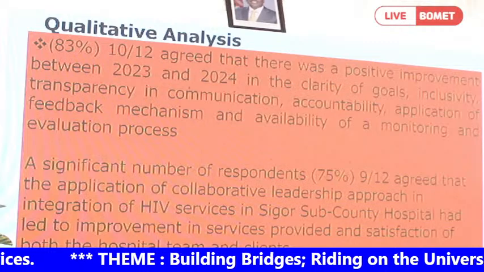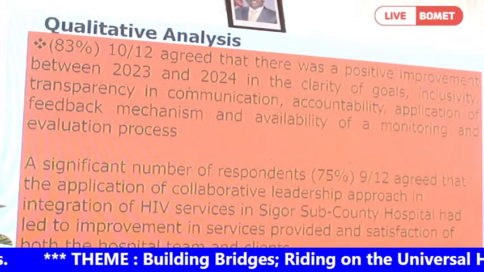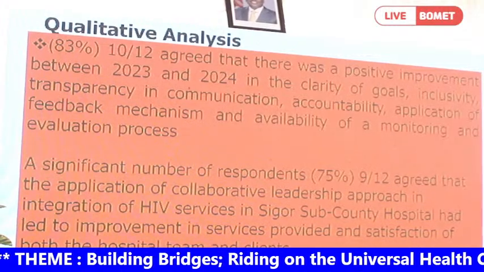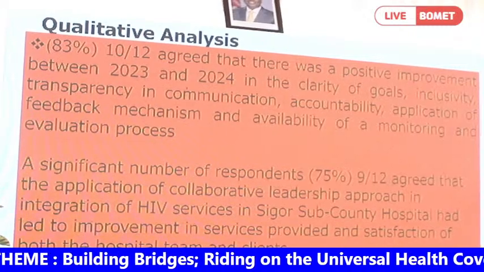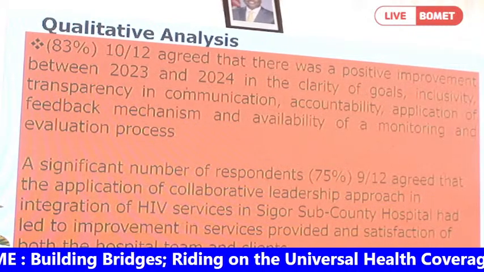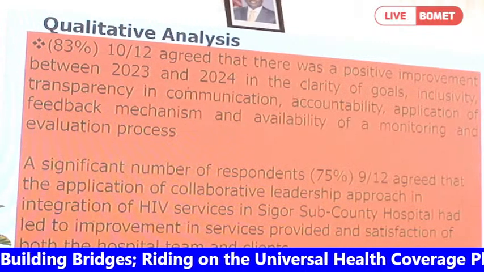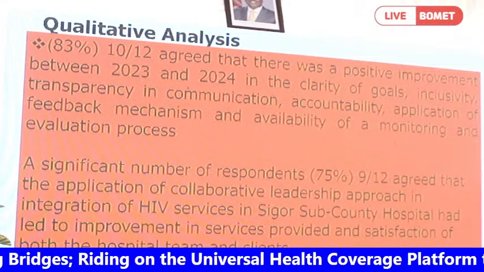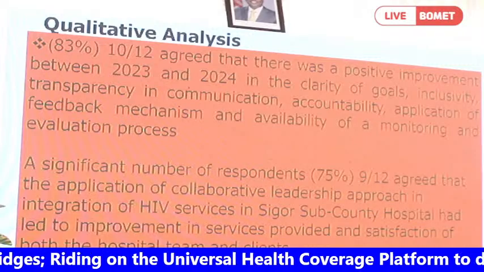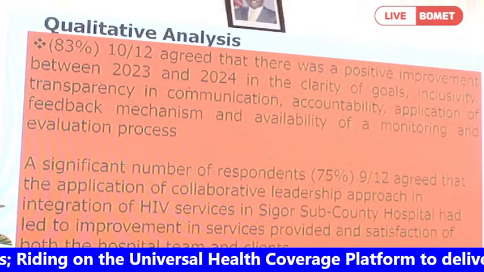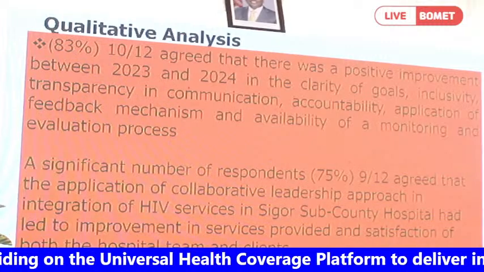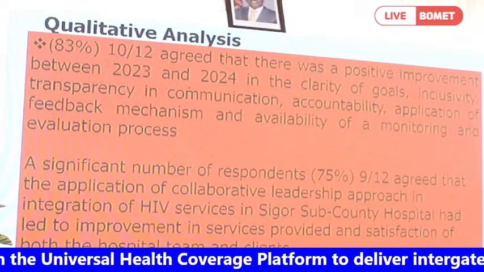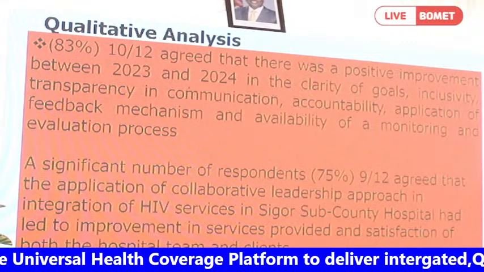So 10 out of the 12 interviewed agreed that there was a positive improvement in 2024 in terms of clarity of growth, inclusivity, transparency in communication, accountability, application of feedback mechanism, and availability of a monitoring and evaluation process. A number of significant respondents, that was 9 out of the 12, also agreed that the application of collaborative leadership in integration of HIV services had led to improvement in services provided and a satisfaction to both the hospital team and the clients. So as I conclude,